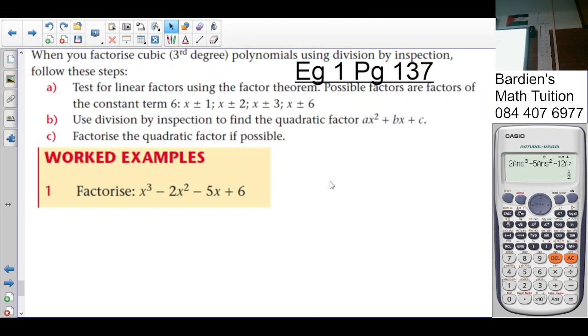We test for a linear factor by substituting 1. If 1 doesn't work, we test any number other than 0. Then we test minus 1. If minus 1 doesn't work, we test 2. If 2 doesn't work, we test minus 2. If minus 2 doesn't work, you test negative 3, and then 6 and negative 6. Okay? That is the order. It could be that none of those are factors, but at this level in grade 12, one of those must